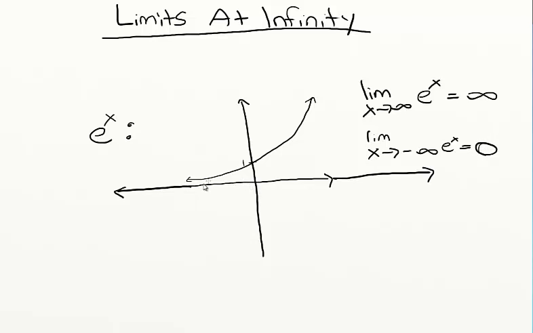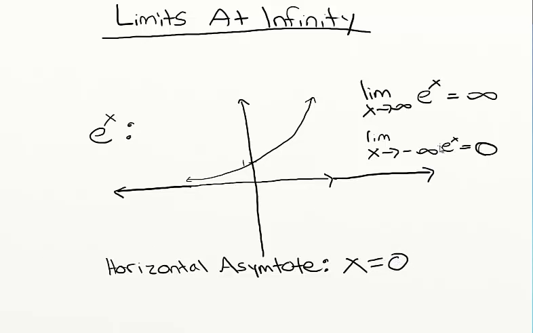And basically what a limit at infinity is going to tell you is there's going to be a horizontal asymptote, and that's going to be at this limit value. So e to the x has a horizontal asymptote at y equals 0, because as x gets larger and larger in the negative direction, this function e to the x gets closer and closer to the line y equals 0,